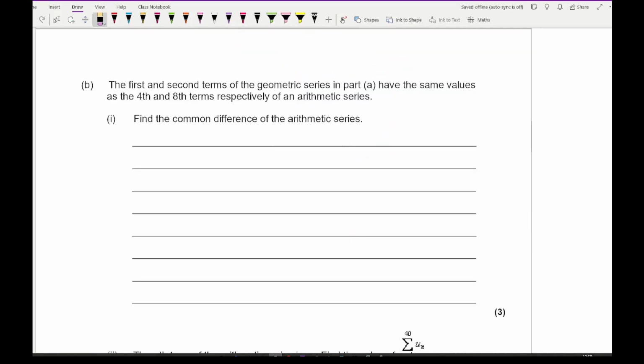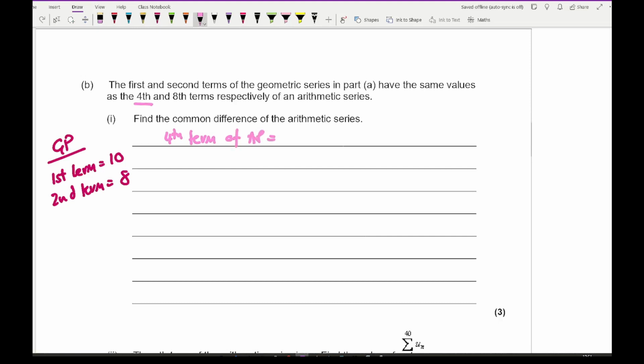Then moving on to question B, it says the first and second terms of the geometric series in part A have the same values as the fourth and eighth terms respectively of an arithmetic series. Find the common difference of the arithmetic series. So for this, we know that from the GP, the first term was 10, and we know that the second term was 8. So then finding the fourth term of an AP